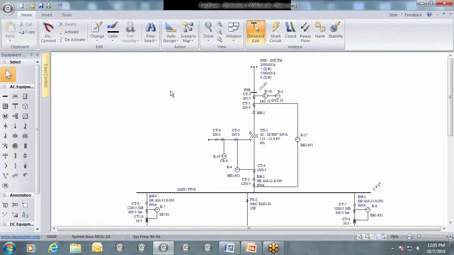So here's the screen. It shows the EasyPower software. Today we'll be looking at both EasyPower and EasySolv. I will be using EasyPower exclusively, but I'll show you the differences between EasyPower and EasySolv when they do come up. So when you first open EasyPower and you have your one-line model complete, you'll be in the database edit